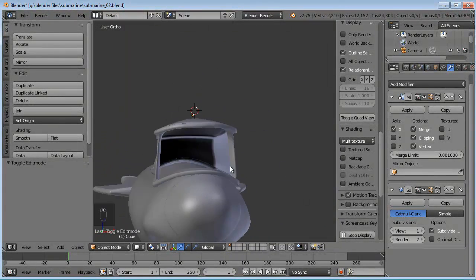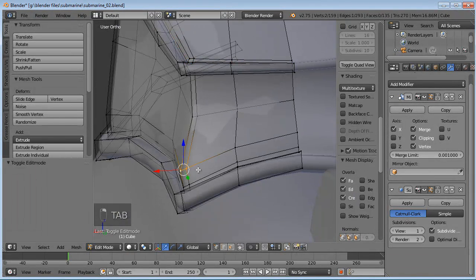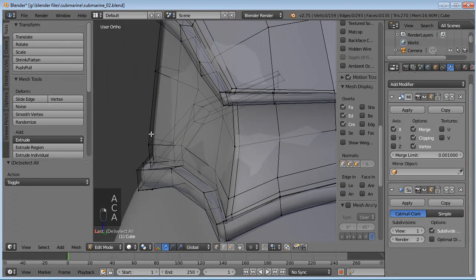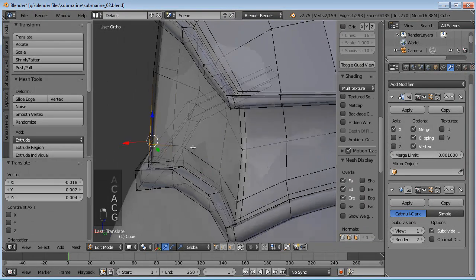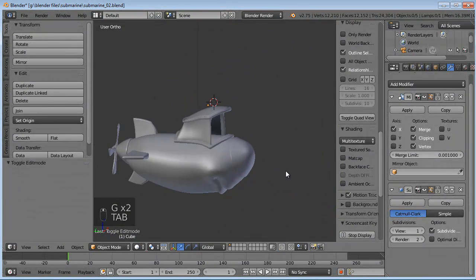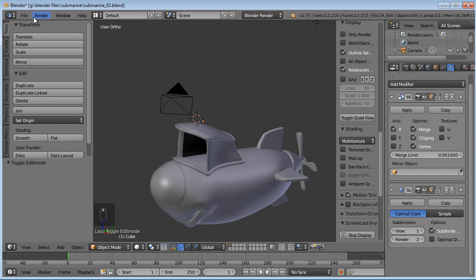Okay, so we're getting there. This is kind of a weird area here. Let's fix that. Okay, so this is looking pretty good. Let's go ahead and save this.